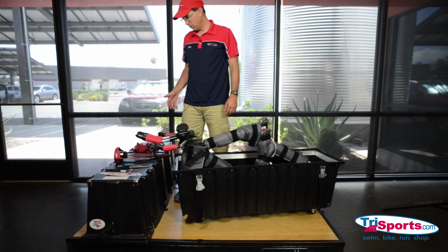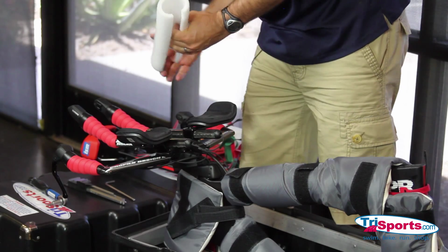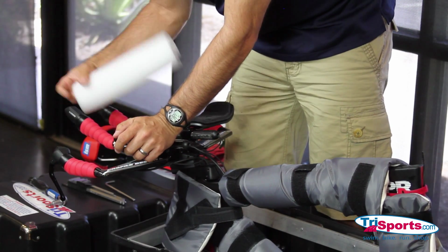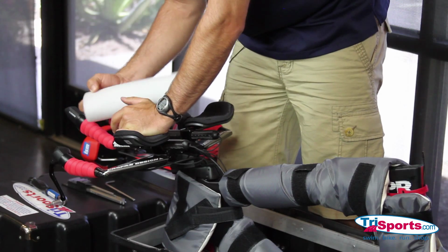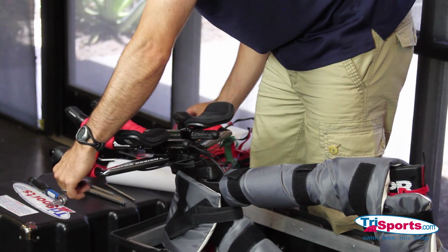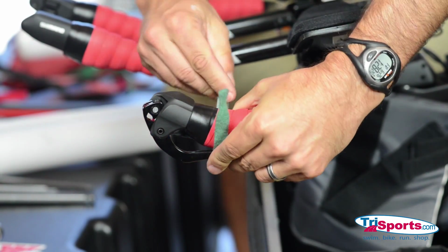One thing you're going to want to do when you're removing your cockpit is take care of your brake levers. Okay, so the brake levers, you just want to cover these up because you want to protect your bar wrap. But this brake lever right here can be a little pesky nuisance inside that bike case when we go to put the cockpit in there. So what we're going to do is get one of our trusty little Velcro straps. Okay, we're going to clamp this shut